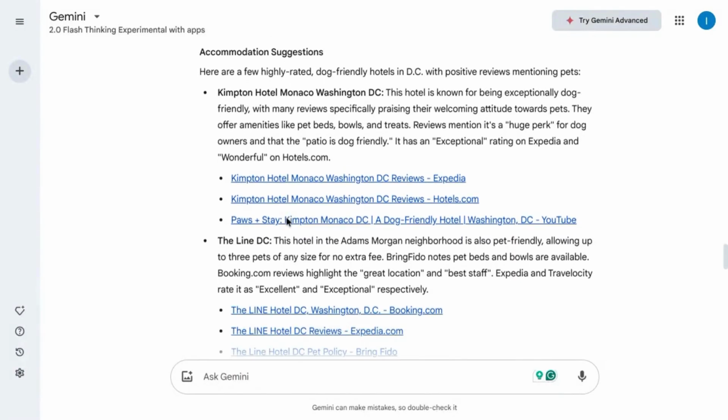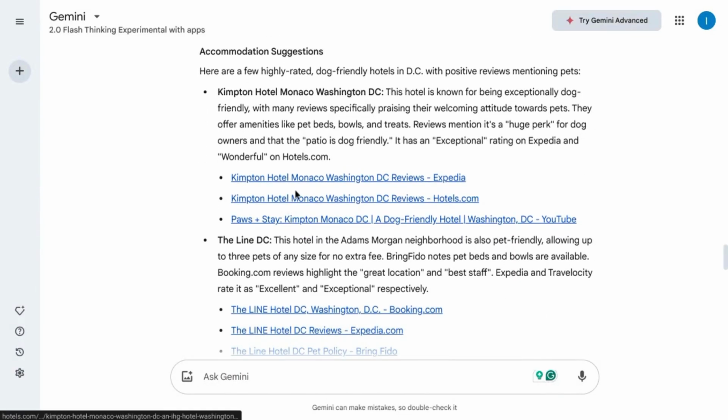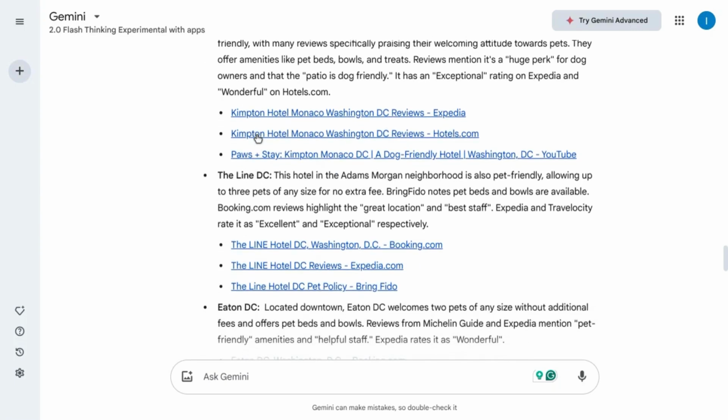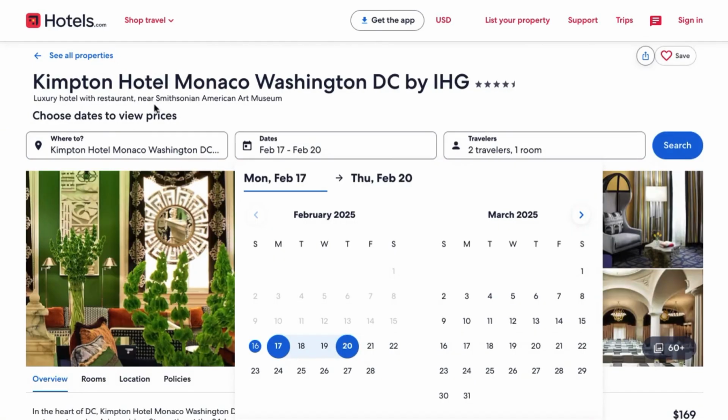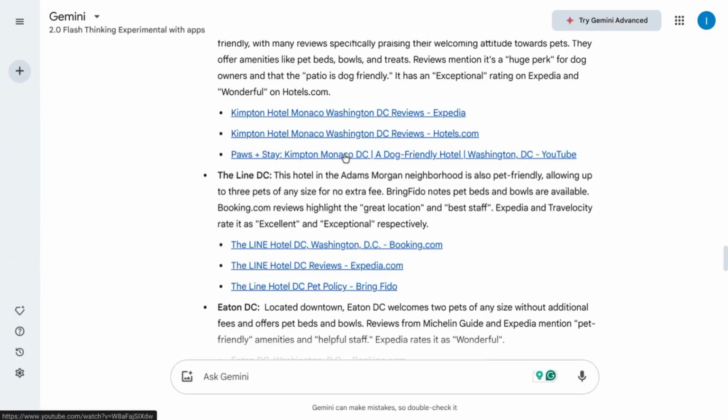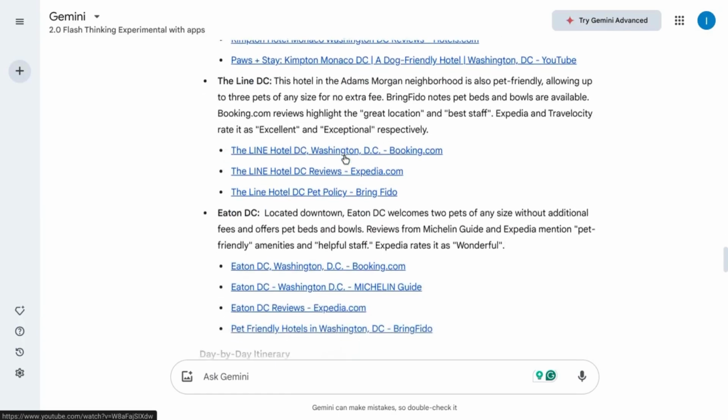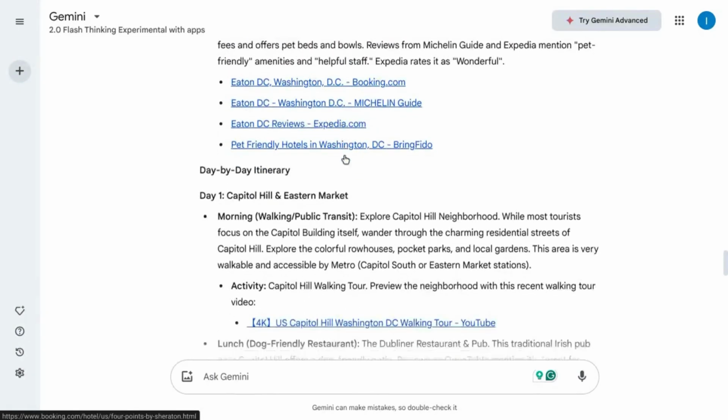Then we come to the accommodation suggestions, where it gives us specific hotels as well as various options to book these hotels. You can click on the link and they actually work, so you can go through and complete the process of actually booking the hotel. And this one actually has a YouTube link as well, so we can see Google Search at play, YouTube at play,